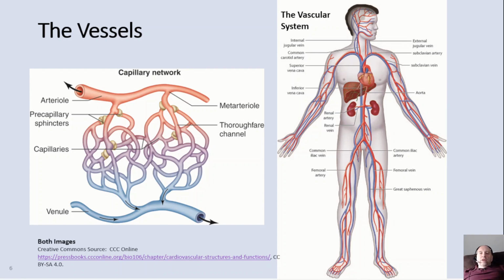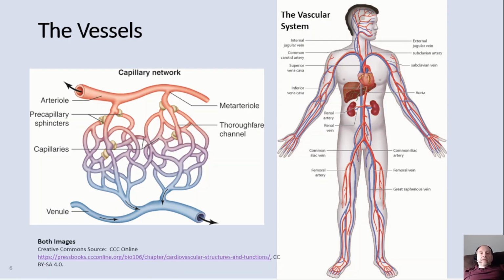The aorta carries blood to the arteries, which branch into smaller vessels called arterioles. At the cellular level, arterioles connect to capillaries, where oxygen is offloaded to the cells and cellular waste products such as carbon dioxide is onloaded. The other side of the capillary bed connects to the venules, which are the smallest vessels of the venous system. Venules connect to larger veins, which bring the blood back to the inferior or superior vena cava and into the